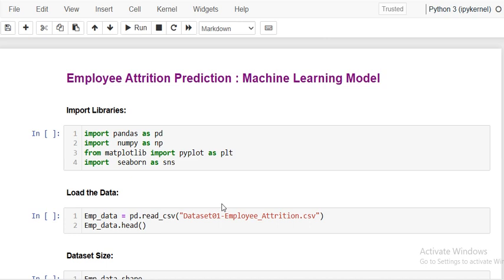In this particular session, we are going to build a machine learning model to predict employee attrition based on the different attributes of the employee. So here we are going to build a predictive model by using a random forest algorithm. That is, we will use the classification model, random forest classifier, and we'll check what is the accuracy,